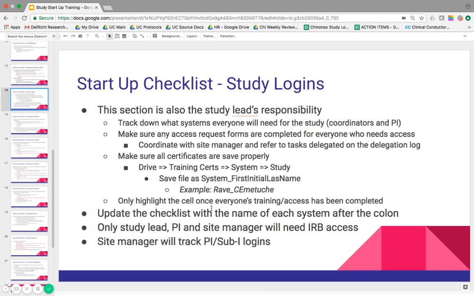All right, and then you'll be updating the checklist with the name of each system after the colon. So it'll say EDC colon, you need to put Rave or Data Labs, IVRS colon, you need to put the name of that system. That way too, we all know what to look out for in our emails when we start getting those access